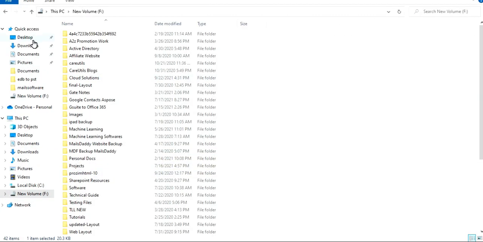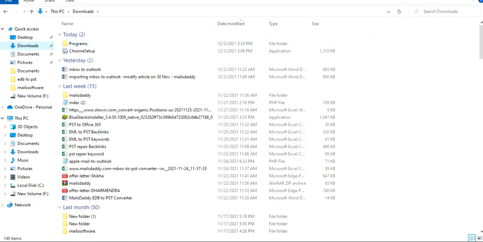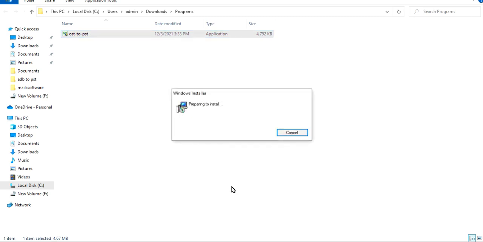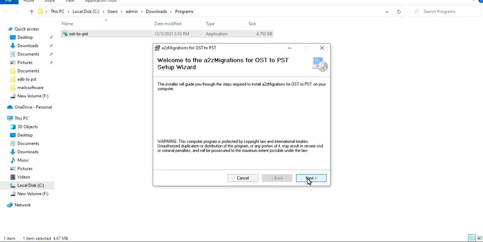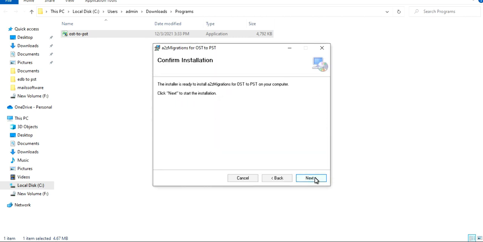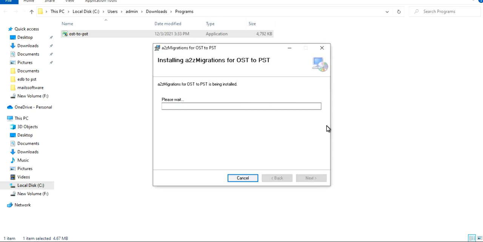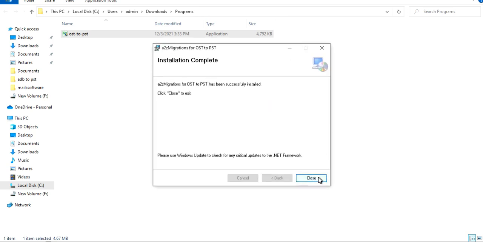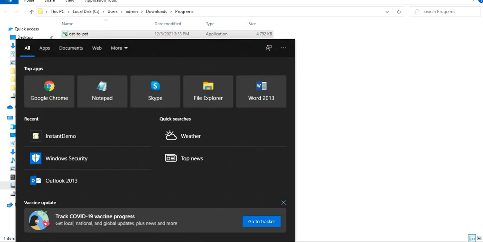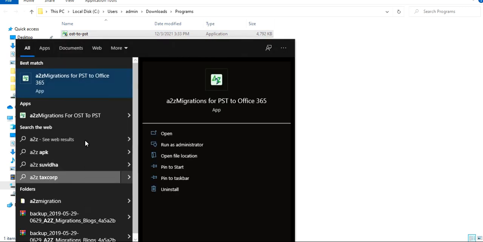Okay, let's see. I have downloaded the tool. So you will need to install that tool in your machine. After installing the tool, you will need to open it.